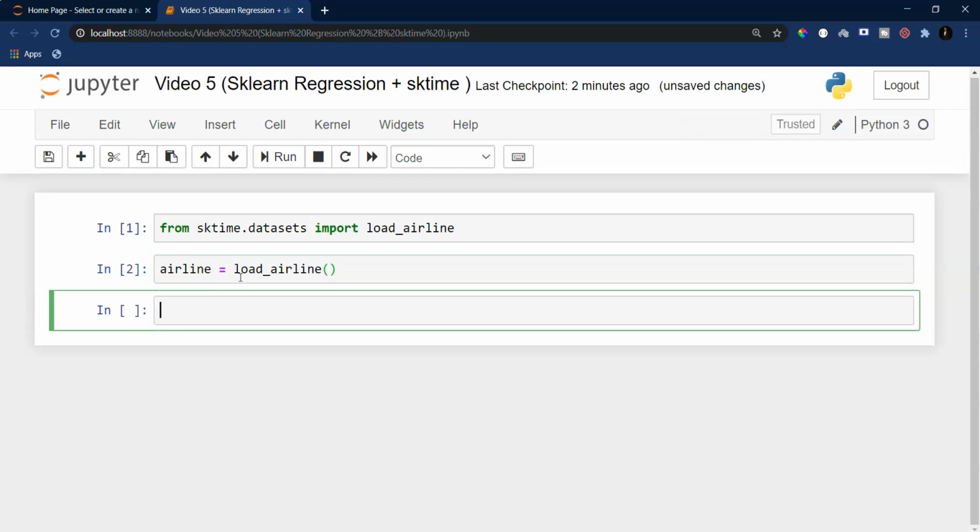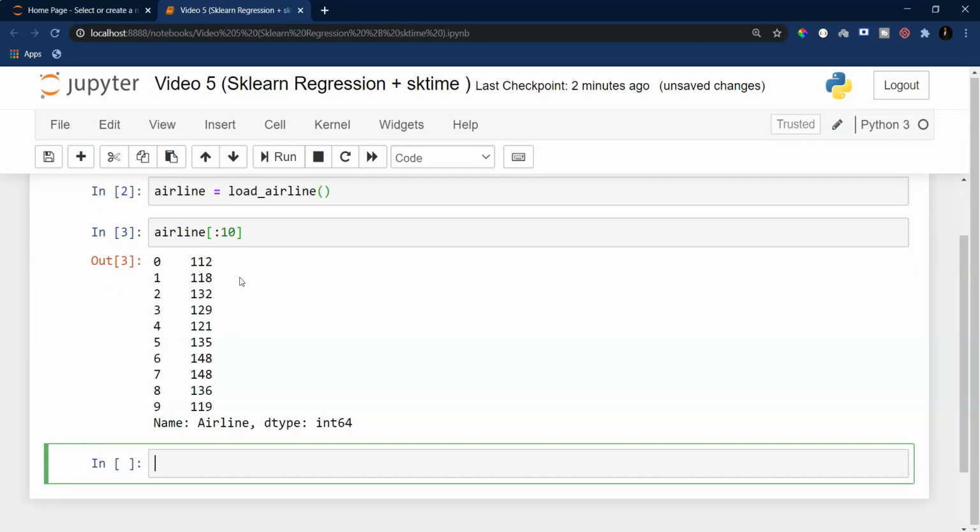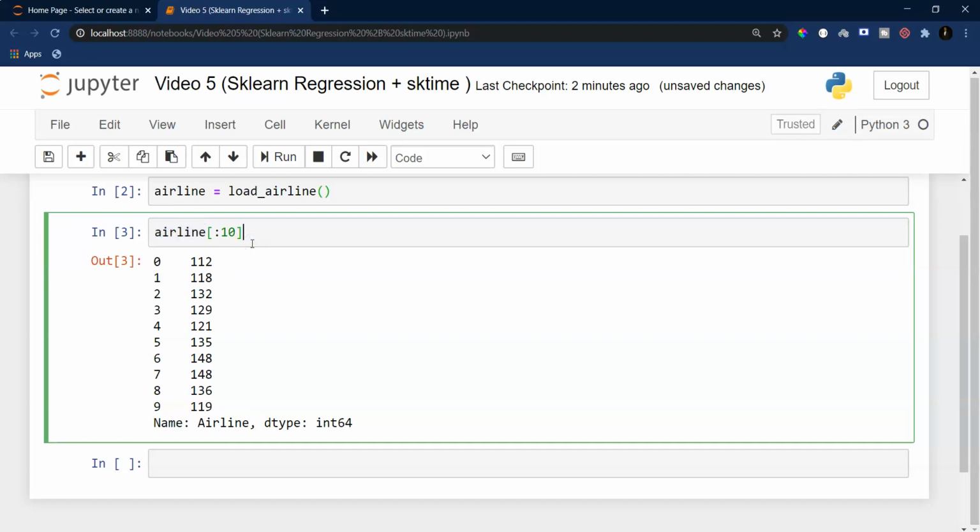Now, once we understand what we mean by forecasting, what we are essentially trying to do is predict the next value in the sequence of the time series that we have got. In this sequence, the airline data is giving us the number of flights that were booked for each month from the year 1960 to 1980. So I would like to predict the number of flights booked in the next months. To do that, we are planning to use regression.